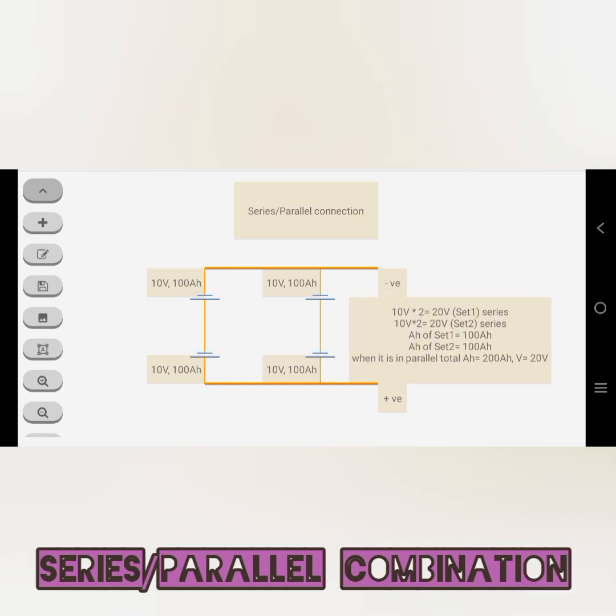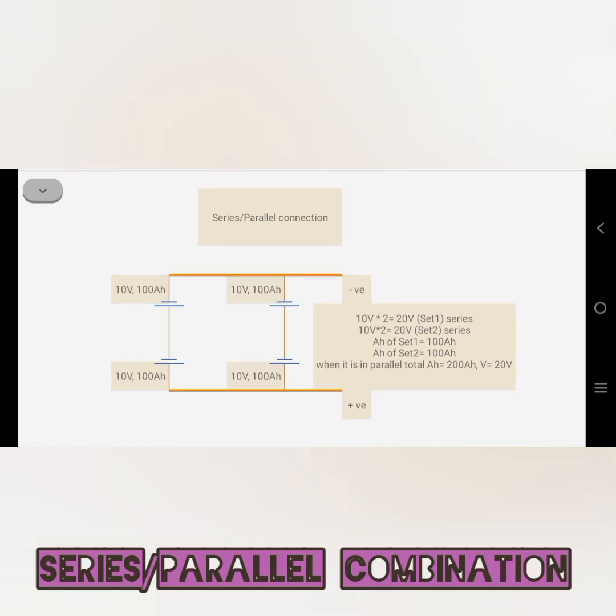When it forms a parallel combination, as you know, the Ah of your battery will get increased. So the Ah will increase to 200 Ah, because set 1 has 100 Ah and set 2 has 100 Ah, both will be added and form a